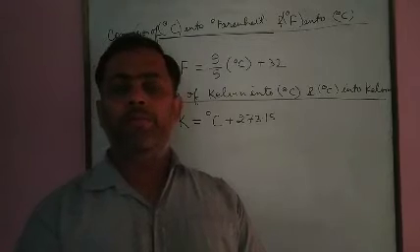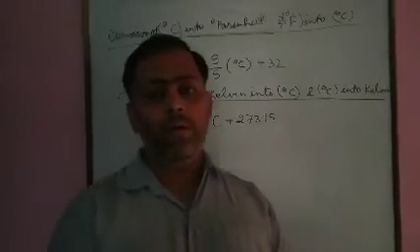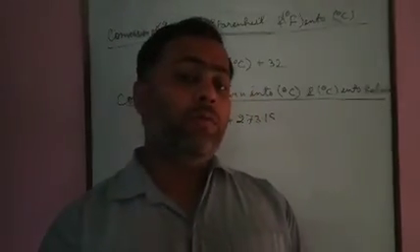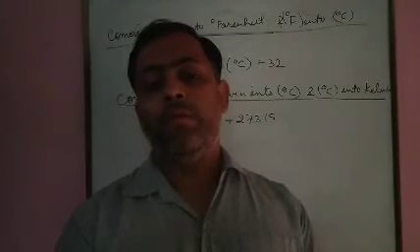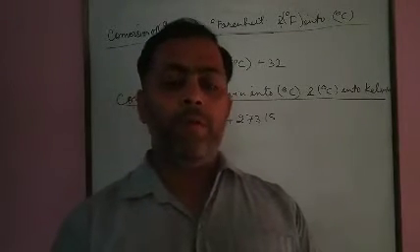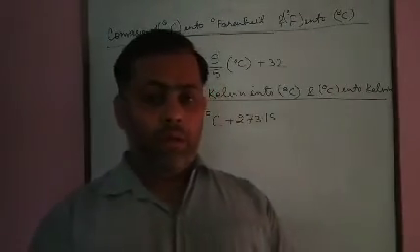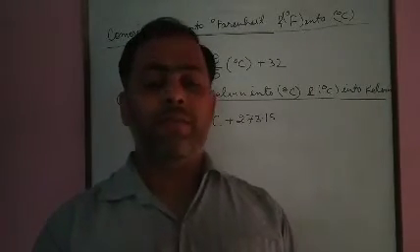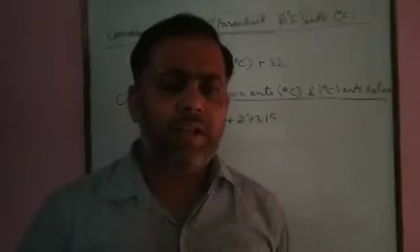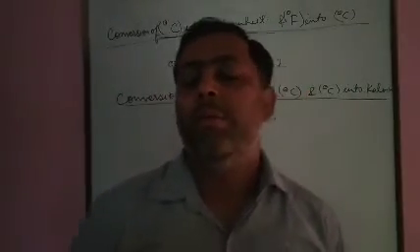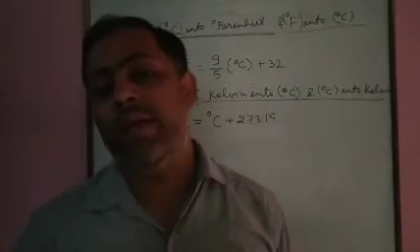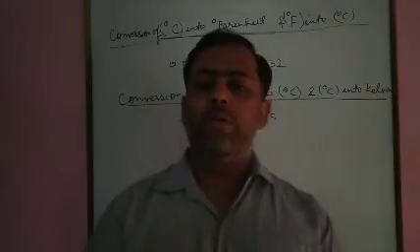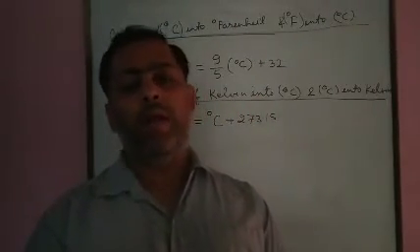Let us know that minus 10 degree centigrade is possible, but minus 10 Kelvin is not possible. Why is it so? We will discuss it in a further chapter when we study Boyle's law. Degree centigrade can have negative values. We can write minus 1, minus 2, minus 3 degree centigrade. But minus 1, minus 2, minus 3 Kelvin temperature is not possible. We will get it when we discuss Boyle's law and Charles law.